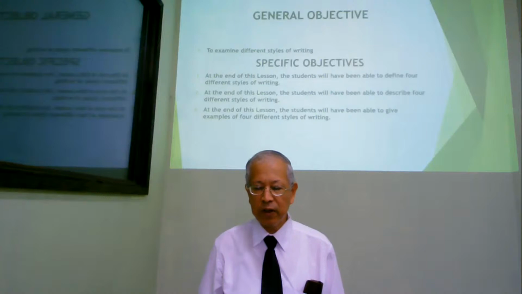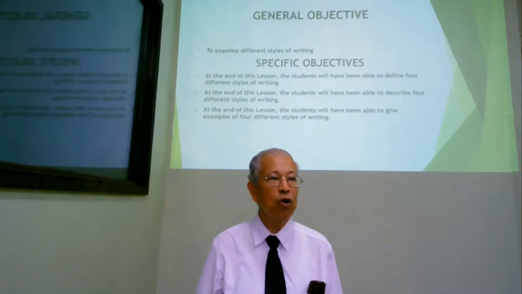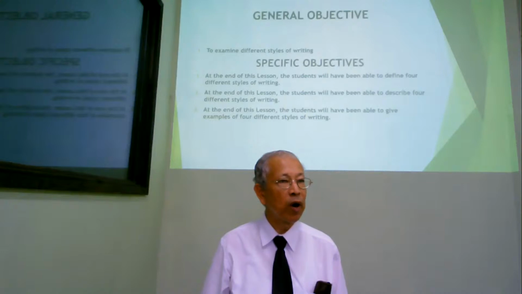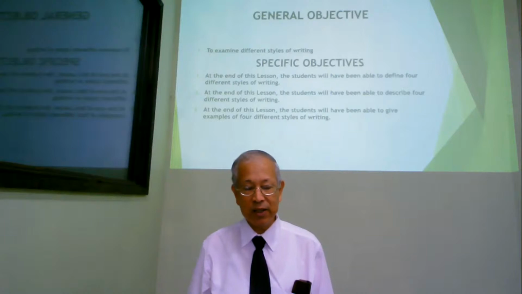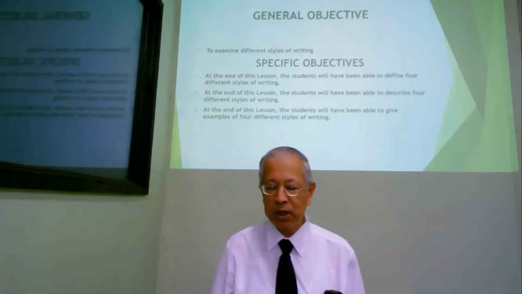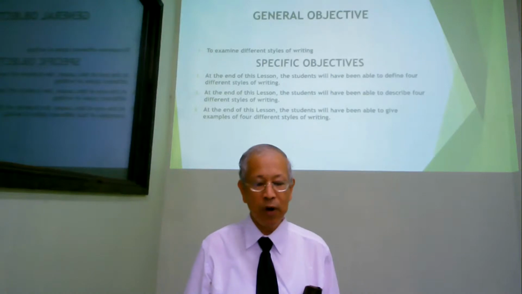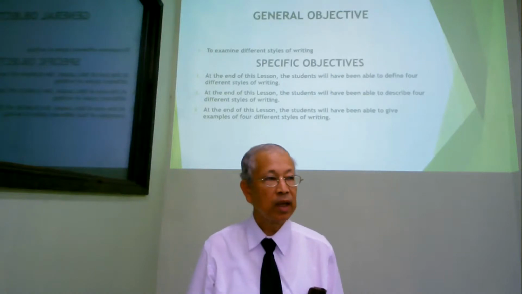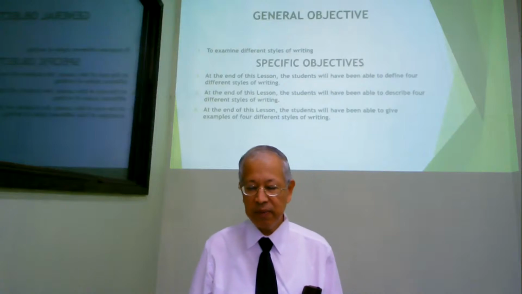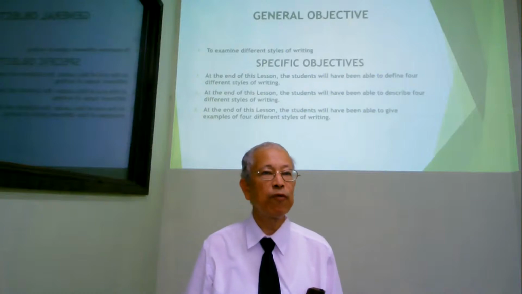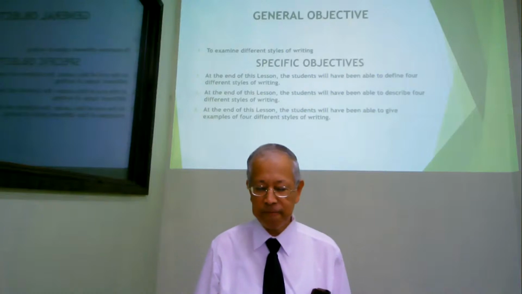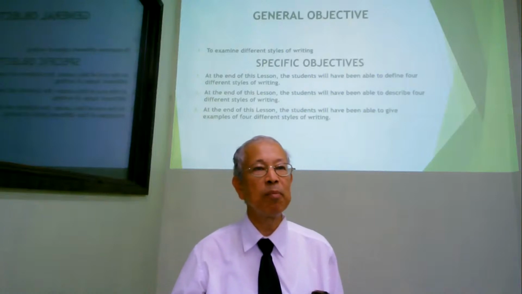The specific objectives are: at the end of this lesson, the students will have been able to, 1, define 4 different styles of writing; 2, describe 4 different styles of writing; and number 3, give examples of 4 different styles of writing. Now, this is a very simple lesson,